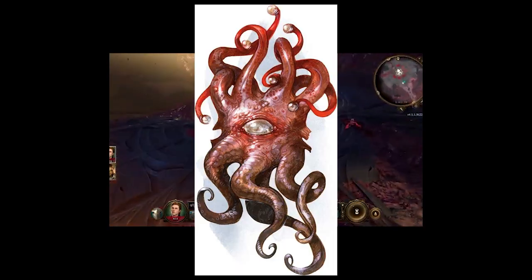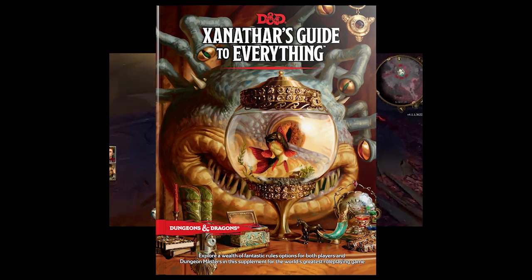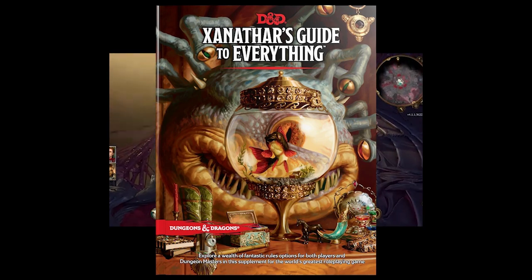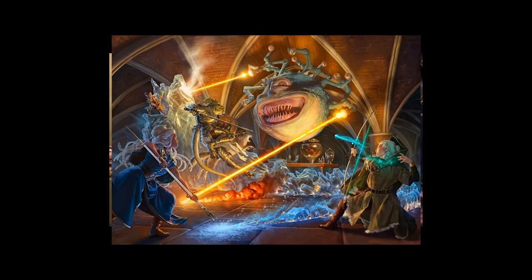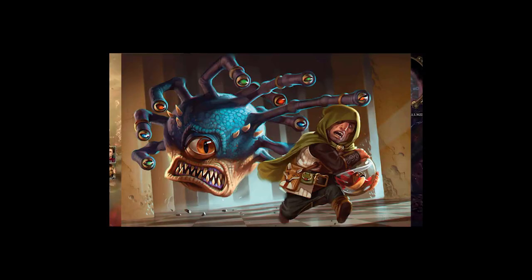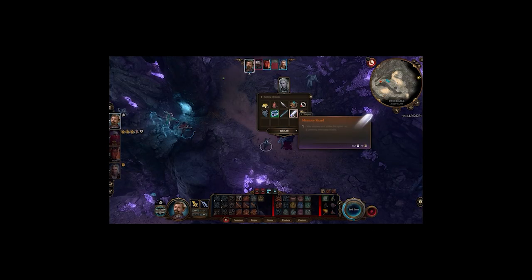And then the Mind Witness makes its appearance back here in Xanathar's Guide to Everything in 2017. Speaking of Xanathar, I think Xanathar is probably the most iconic beholder, since he has a lot of backstory and lore, and he appears in the adventure campaign Waterdeep: Dragon Heist in 2018. So that was just the brief history of beholders in each edition of Dungeons and Dragons.